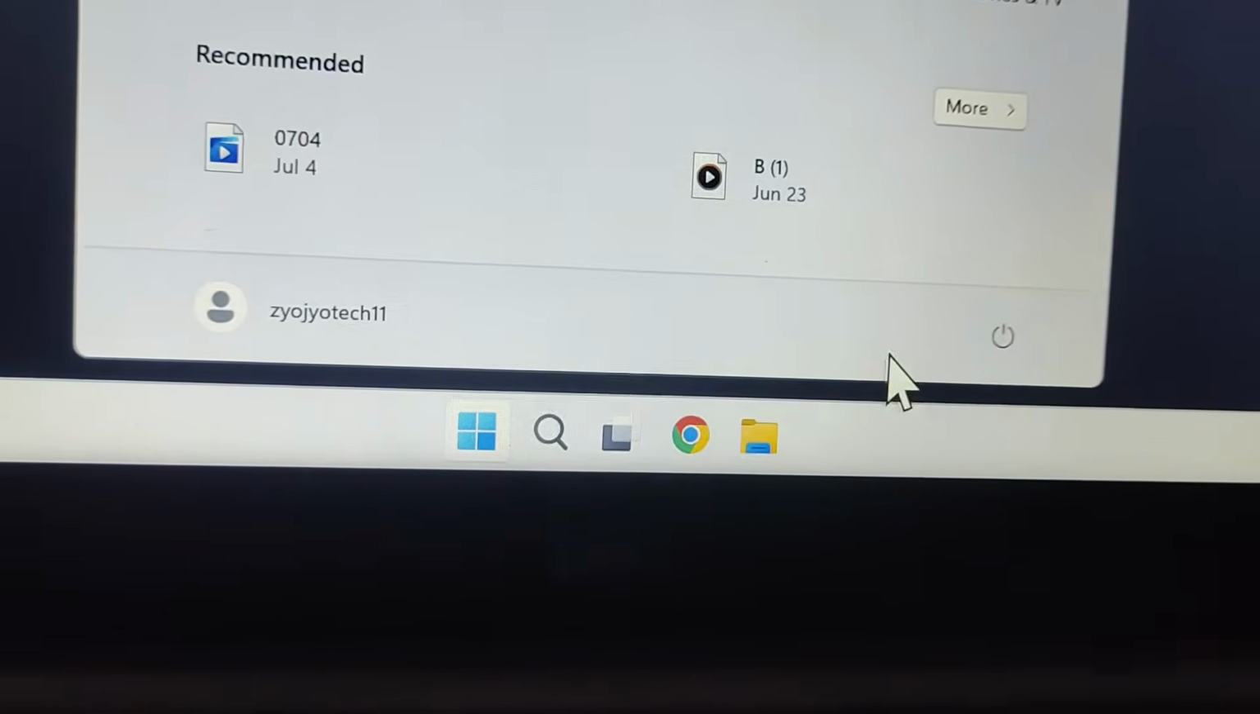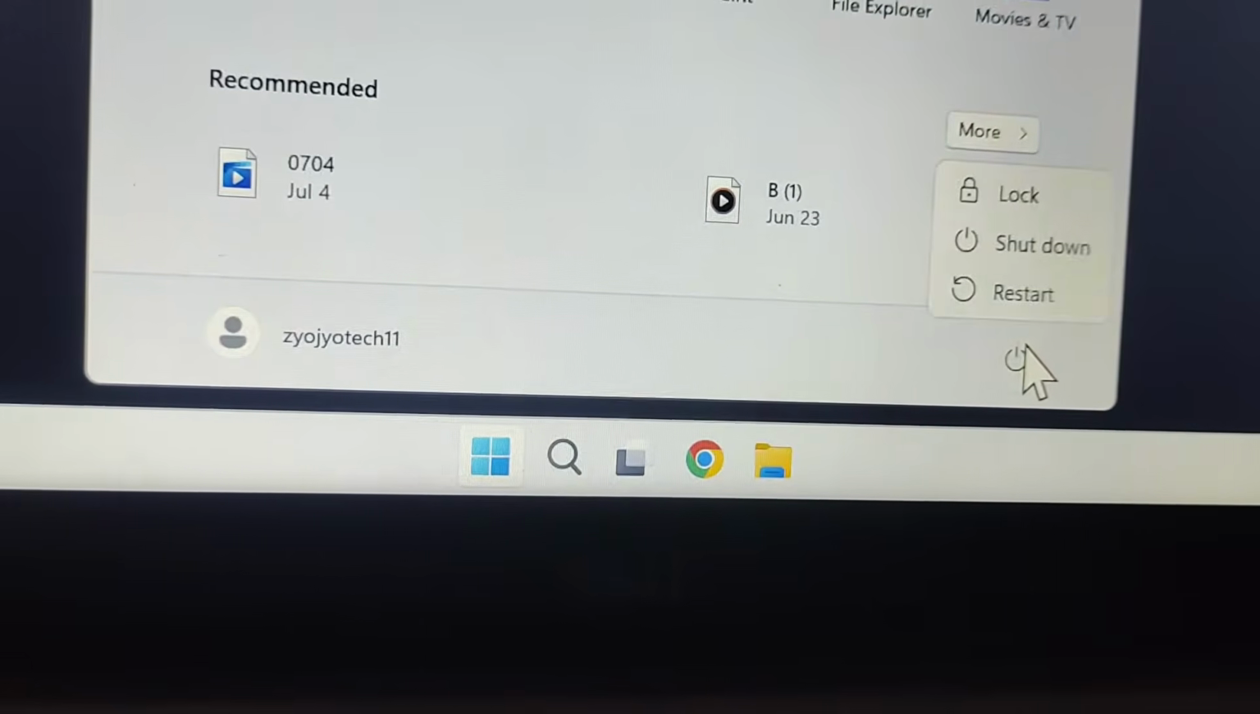Then, when you come into safe mode, just click on the Windows menu and restart your PC. Okay, sometimes restarting the PC in safe mode also fixes your problem. Okay guys,